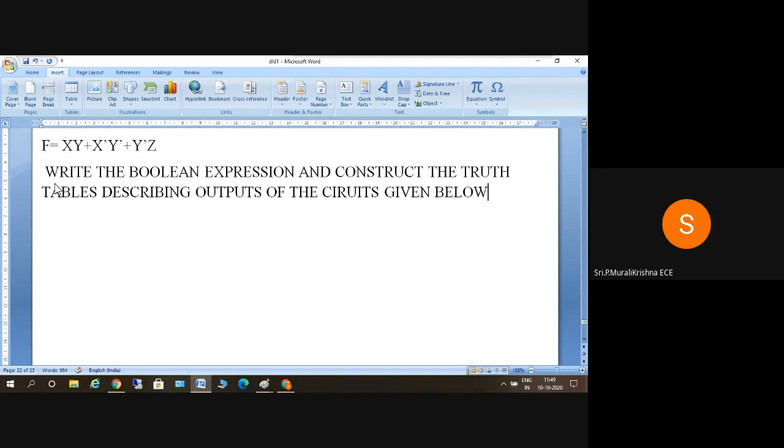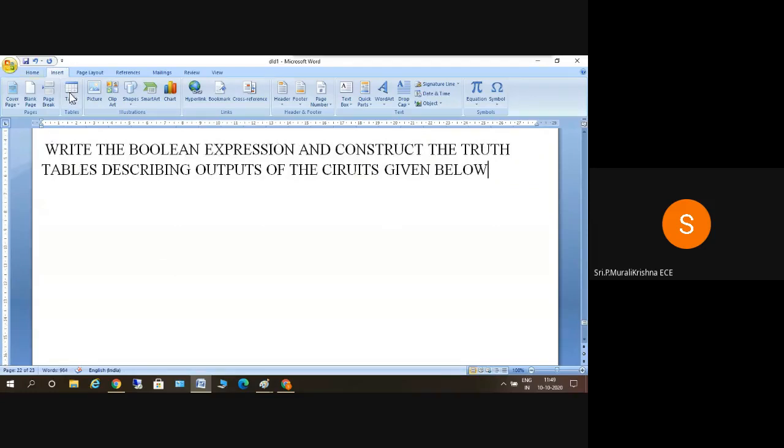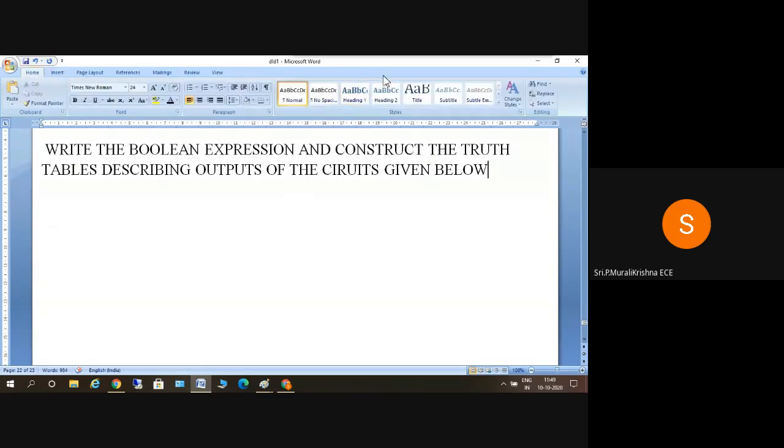Okay, so I'll be drawing a logic diagram. What I have to do is find the expression first. So you have to find f first. After finding f